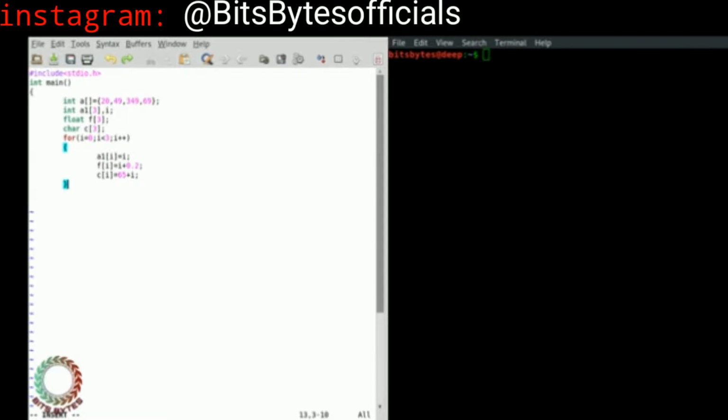If you want to store that value in character format, then you should use this. I do not use this thing, but for you I show it. In index 0, the value in array C is 65, not that value, and it gives an error because 65 is a string.